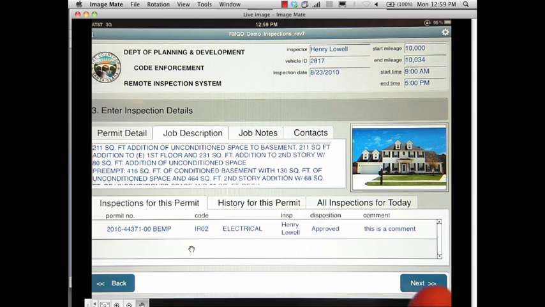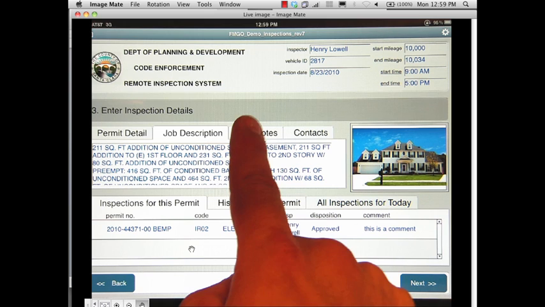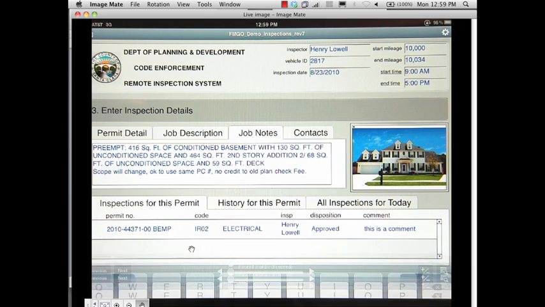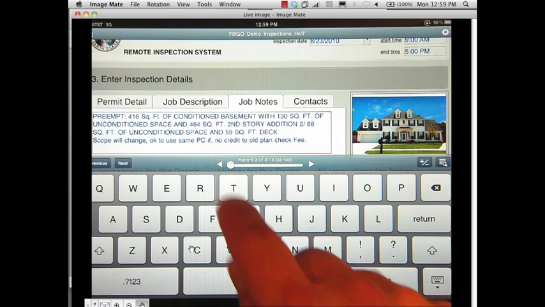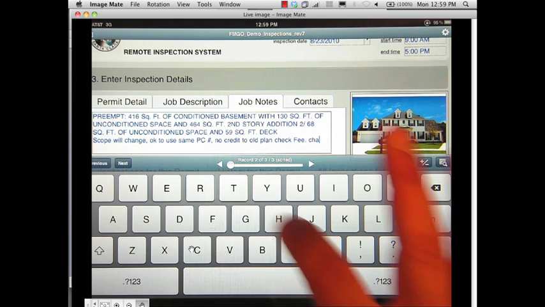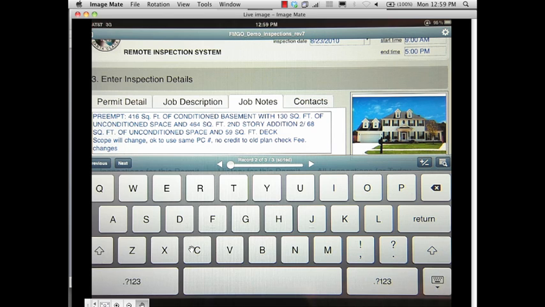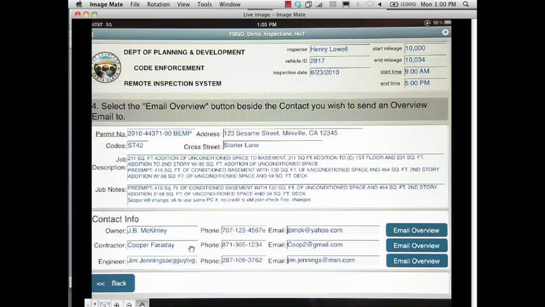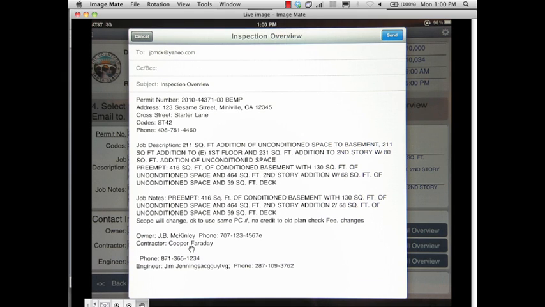We have enough screen real estate with the iPad to see additional information, right? And of course, if we want to make an edit here, we can click into a field. It spawns the keyboard. We can make additional changes, right? Pretty slick stuff, right? And of course, I can say next. And we go to the next screen. And FileMaker Go is fully integrated with email. So we have the ability to take a look at email. Beep, beep. And we see a pre-formatted email that can be sent out to my boss or sent out